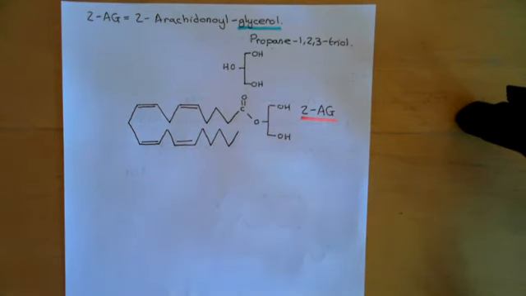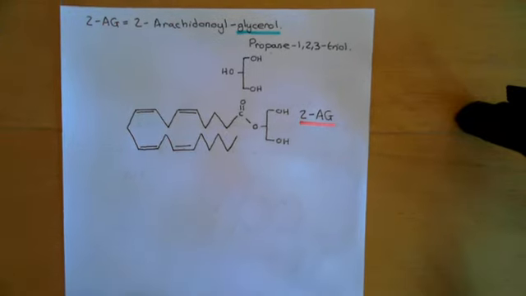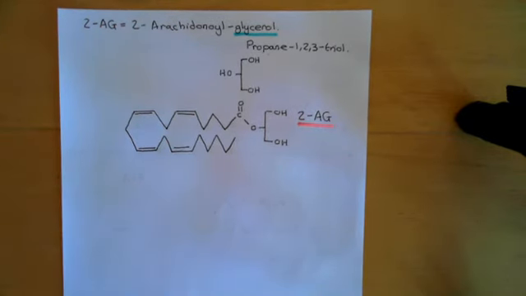So those are the two main endocannabinoids. As I say, the list of putative endocannabinoids is growing all the time. So there are loads more on top of these that have now been decided to be endocannabinoids. But these two are by far the most studied. So at the moment, at least, they are the most important. Whether they are the most important in physiology and pathophysiology is another thing, but certainly they're the most studied at present. So we've now seen their structures.